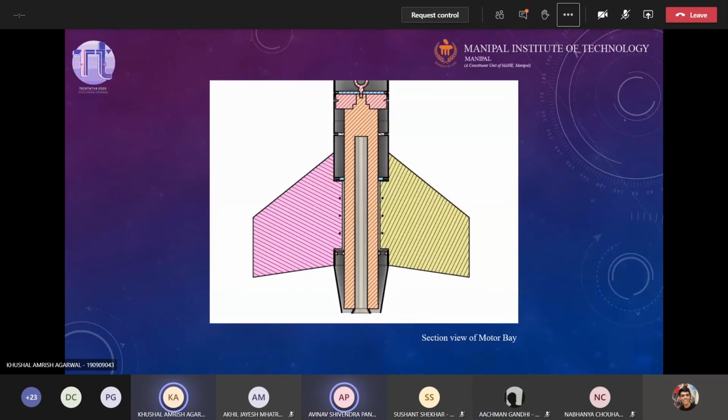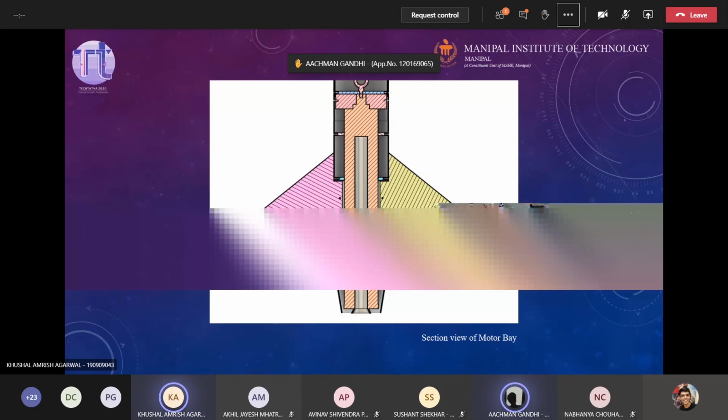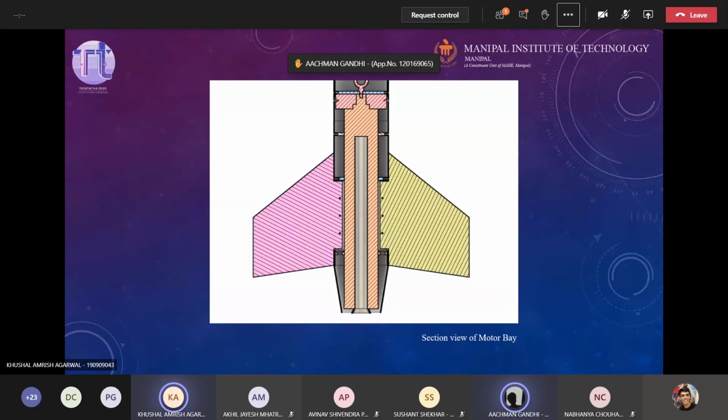Yeah, Sushant, you can speak. Drag force on the fins. Correct, that is there. Fins, okay, and also one more place. Ashman also has something to add. Yeah, the orange part will experience a stress upwards, like it will be compressed. Correct. Is the silver part the main motor, right? Yeah, the silver part is where the fuel will go for the motor, and the orange part is the casing of the motor. So yes, correct.